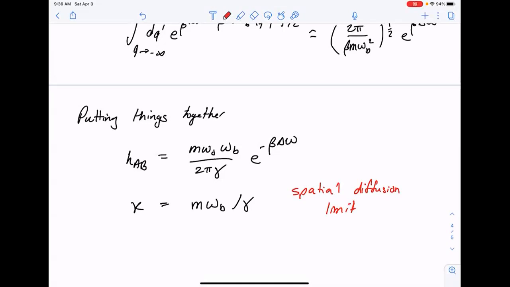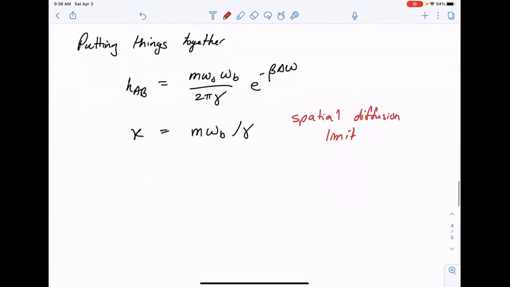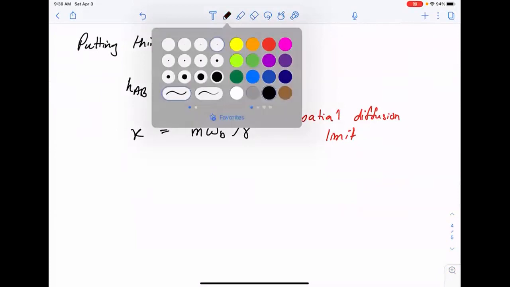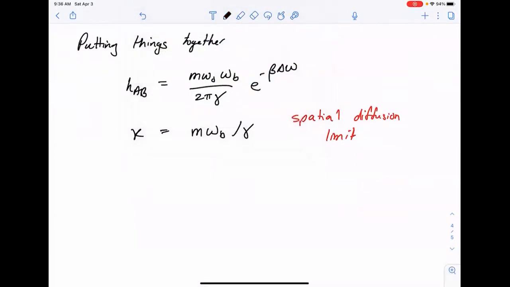There is an alternative limit. Imagine that one does not wait for motion in this highly viscous medium to let the system fall down the hill and commit to B, as is reasonable to expect in the overdamped limit. Imagine we are in the alternative limit where motion is very underdamped.